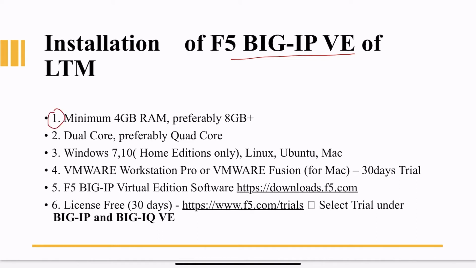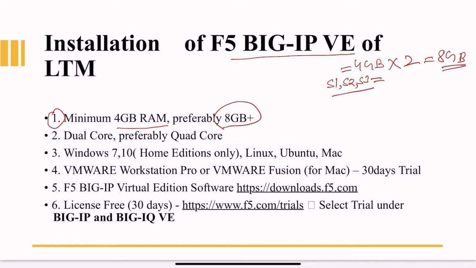First thing is that a minimum of 4 GB RAM is required, but preference should be more than 8 GB. The reason is that one instance of this virtual edition will need 4 GB of RAM, and on top of it you would need servers like S1, S2, S3. So you will also need to allocate some memory to these. So it'll need more RAM. And in case you are thinking to do a lab on high availability, then the instances will be 2, which means 8 GB will be required by your Big IP virtual editions. Alright.